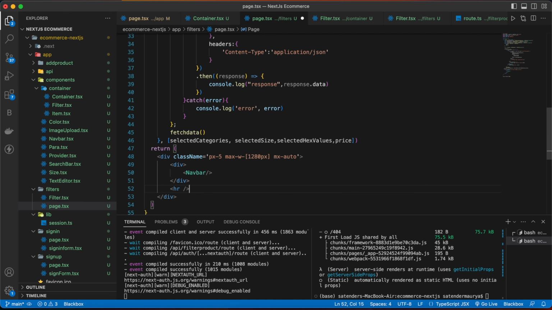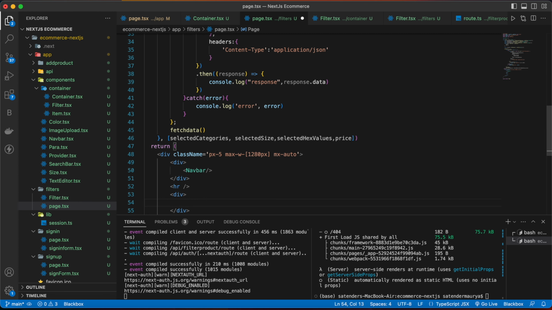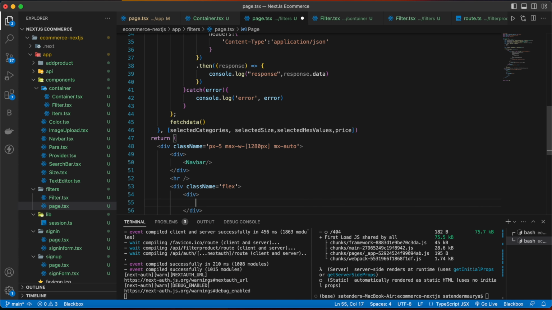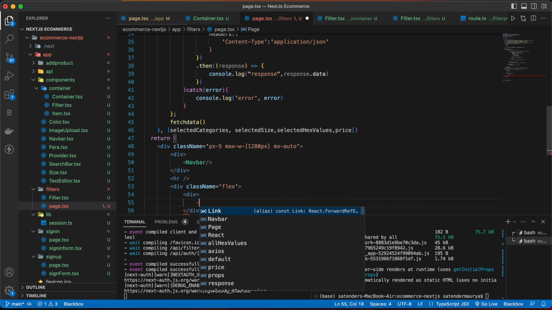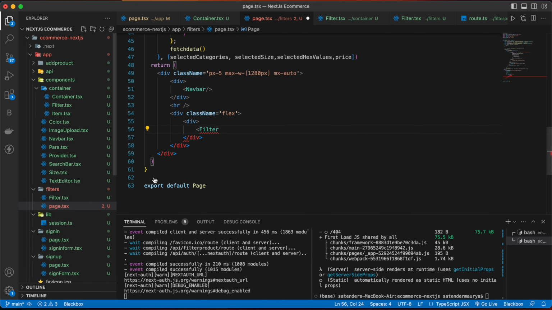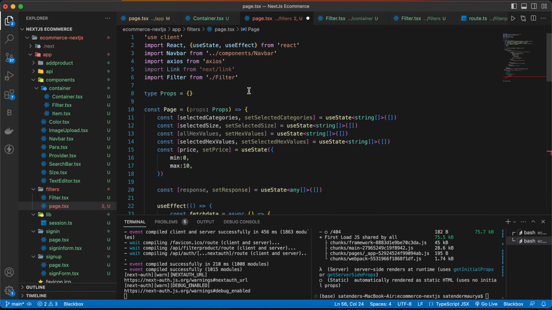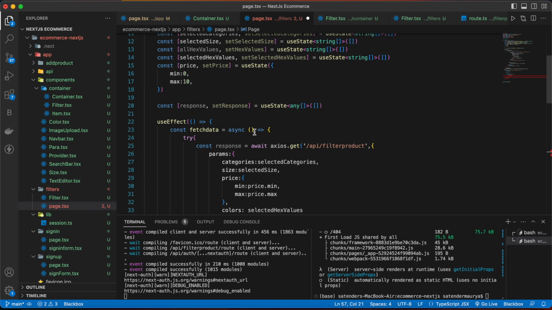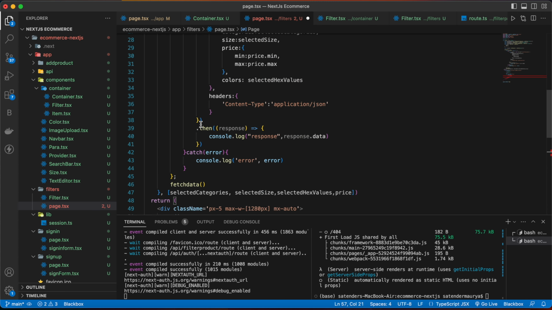Then below this div add an hr tag, and then one more div with class name of flex, and inside that add a div, and then import our filter from /filter. Then we are going to pass all our states here.